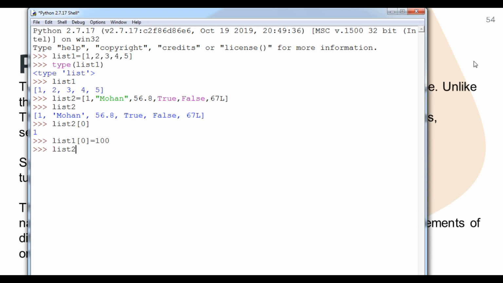Sorry, I have to convert list2 of 0th element to 100. So now we are going to print list2. Now you can see that in place of 1 the element has been changed to 100. That is mutable. After declaration of a list or the object, if we can change its value, the rest of the elements, it is considered as mutable, that is changeable.